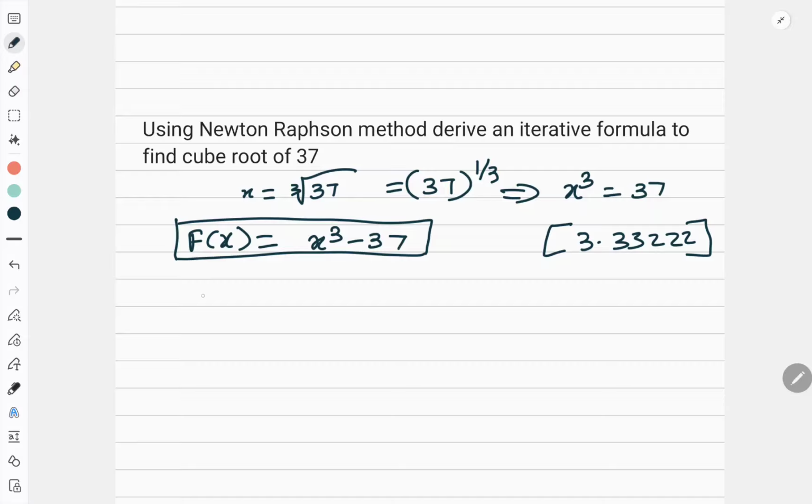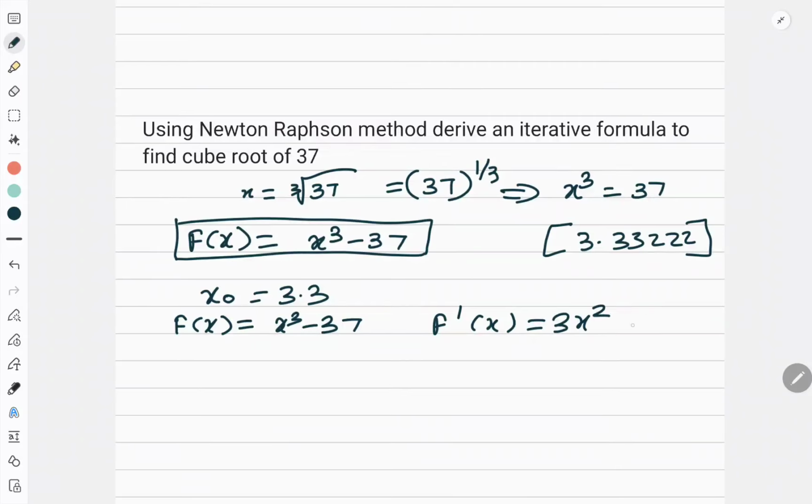So what I have done smartly, I took x naught is equal to 3.3. Now, I'll solve this question completely. f of x is equal to x cube minus 37. So f dash x is equal to 3x square. So xn plus 1 is equal to xn minus (xn cube minus 37)